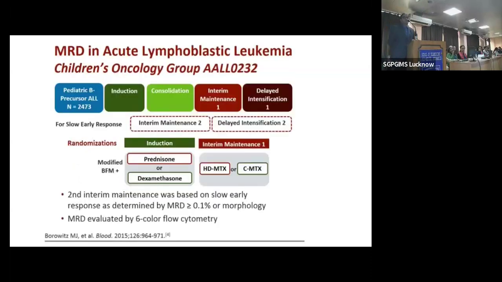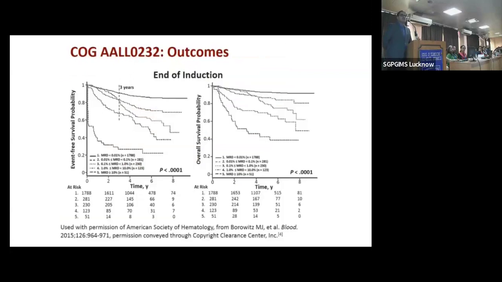long-term outcomes. So, Professor Wood discussed this study, and this was a landmark paper. I'm discussing this AL0232 because this was one of the pioneer trials for pediatric ALLs. They comprise the data of 2,400 odd children, and it was a BFM backbone protocol, COG protocol. Next. And they clearly showed that the level of MRD at the end of induction is directly proportional to the